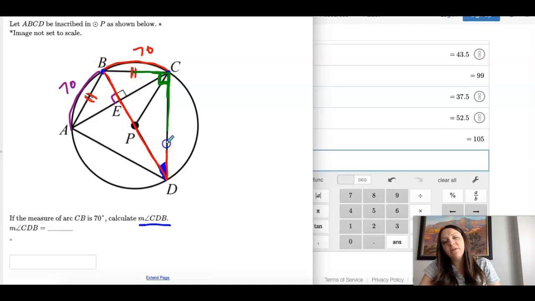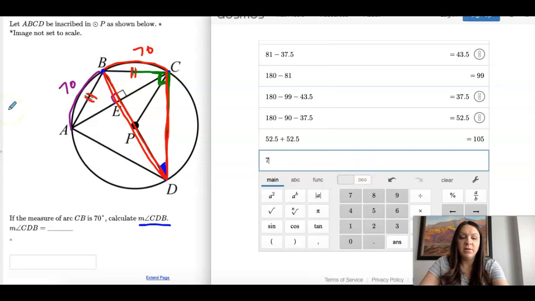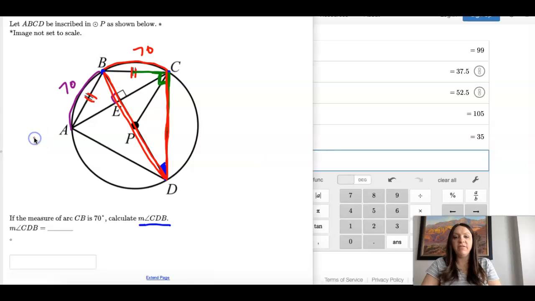See how these two lines make up that 70-degree arc? That means the angle is half of 70. So it's 35. That one actually used